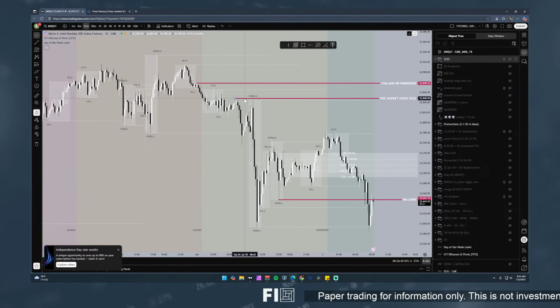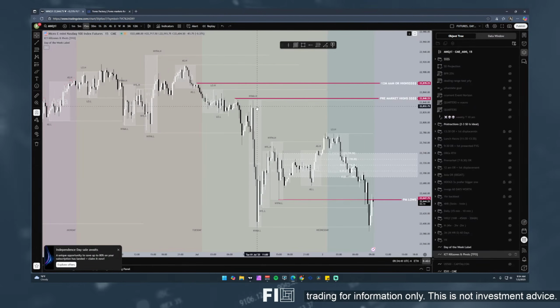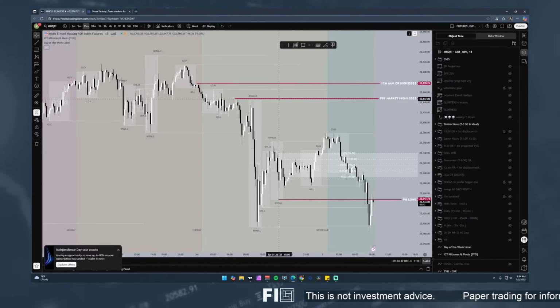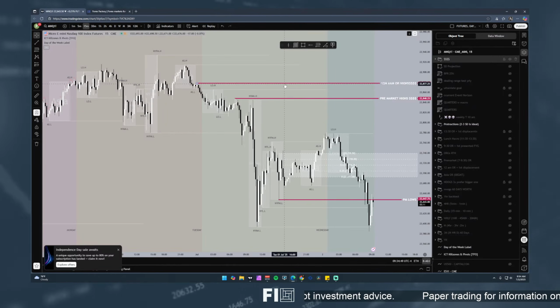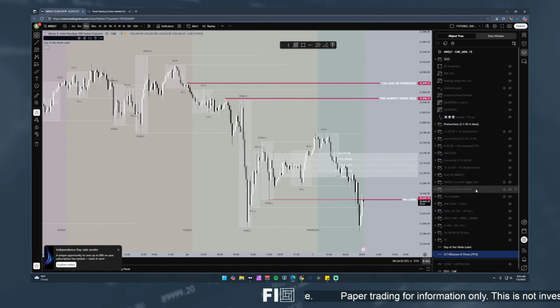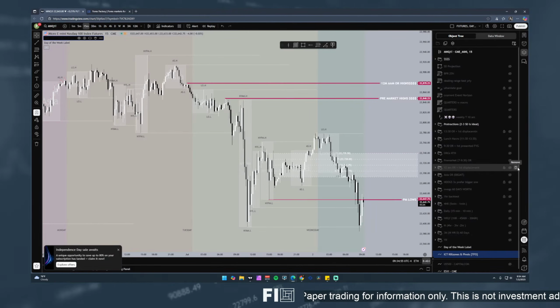We also have the pre-market highs that we had left over yesterday. Oh, and the high here from London close. But the pre-market highs that we were interested in yesterday, we still have the 12 a.m. highs that we were interested in yesterday. So let's take a look at the ranges because I have yet to do that yet.